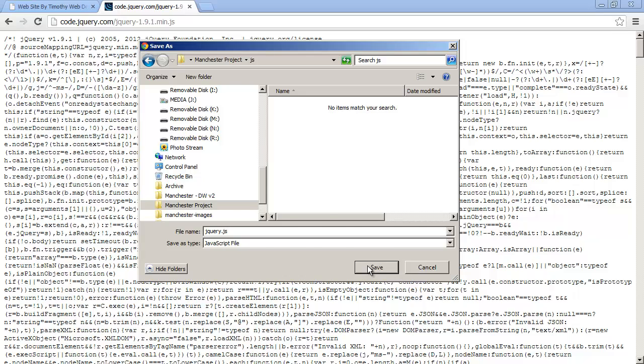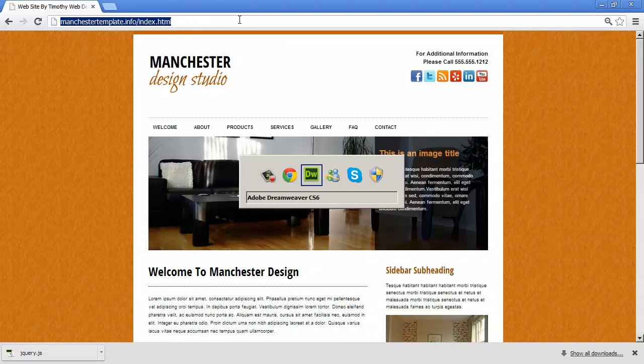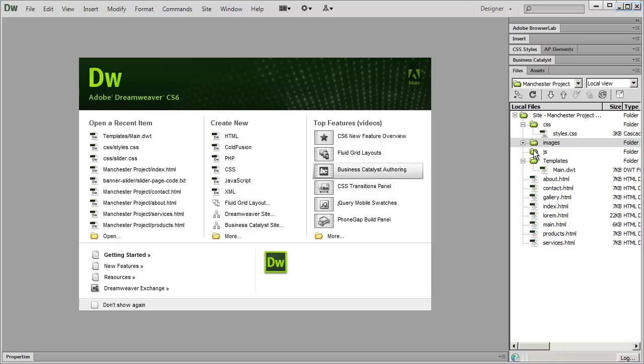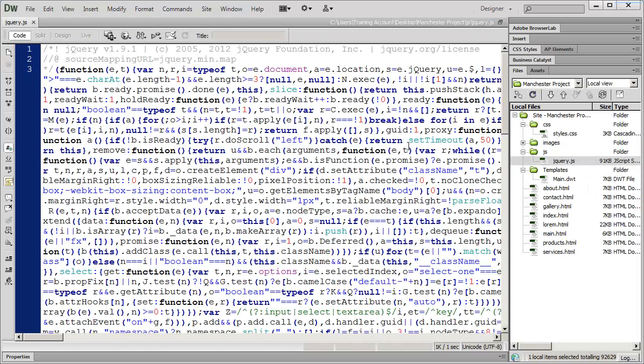Now I'm going to go ahead and click Save, and I've now saved that file into my site. So I can go ahead and close this window, and now I'm going to go into Dreamweaver. And there's my JavaScript folder. Now, again, sometimes it takes just a minute for Dreamweaver to refresh and for you to see that file. But if it doesn't come up right away, you can always click the refresh button right here. And when I double click on that jQuery.js, you'll see that file, or that code, has now been saved into